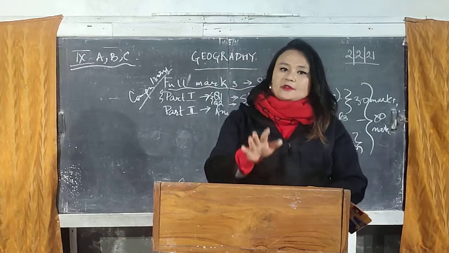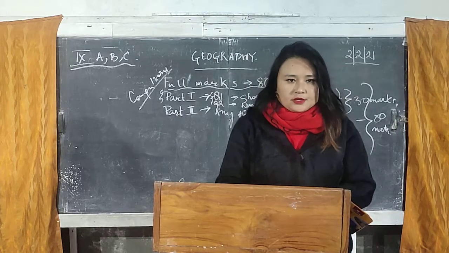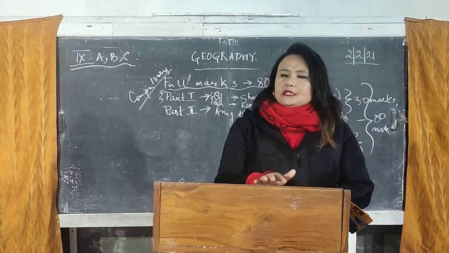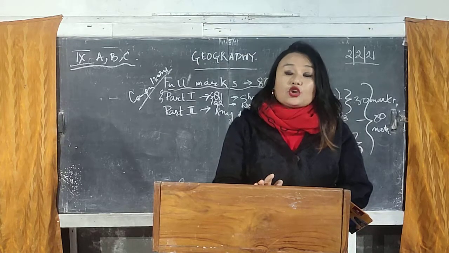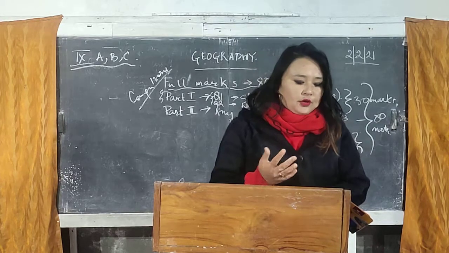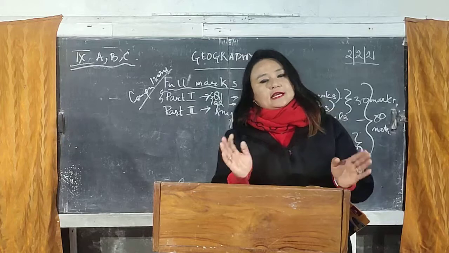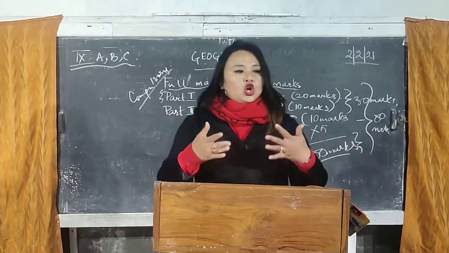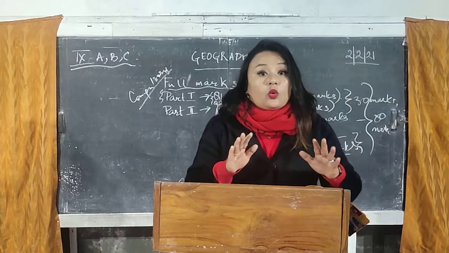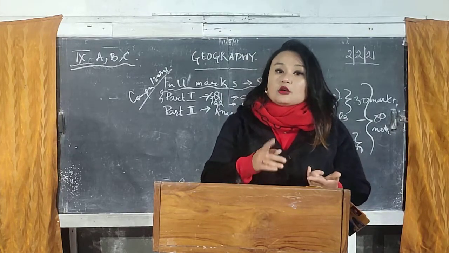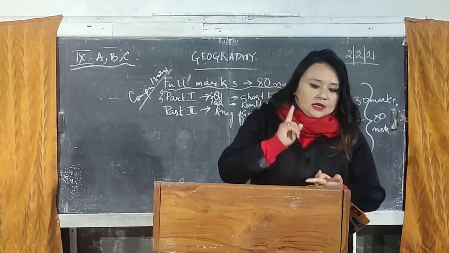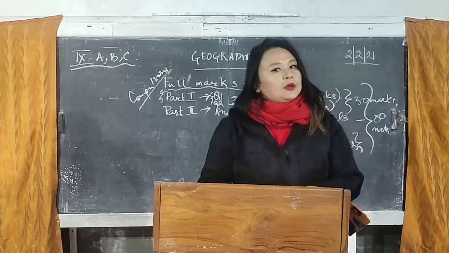So under your pollution chapter, that is unit number 5, we have 4 chapters. In a detailed manner, we'll be talking about pollution, meaning the different kinds of pollution that are impacting your environment. Then we'll be talking about what the sources of pollution are, what the causes of your pollution are. Air pollution has taken place, soil pollution has taken place, water pollution has taken place. Now what are its impacts, its consequences, its effects? That is very important, because those effects are harming your environment in a negative manner.